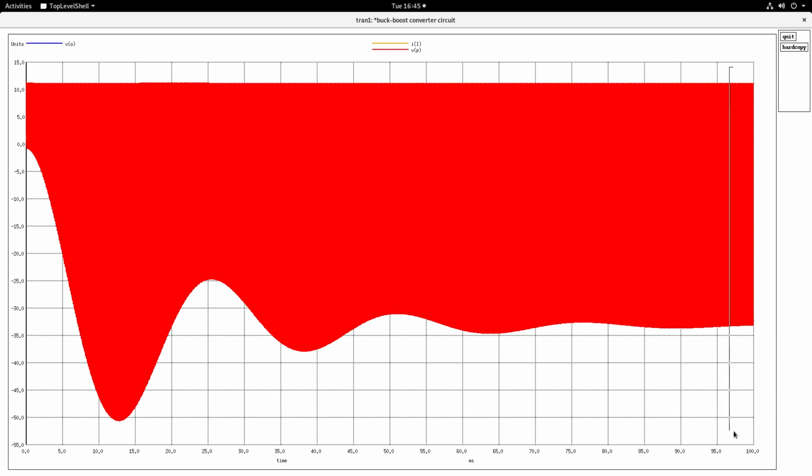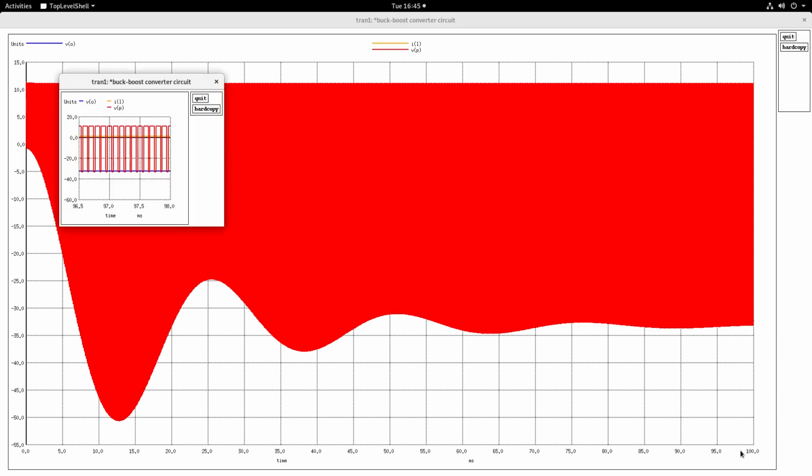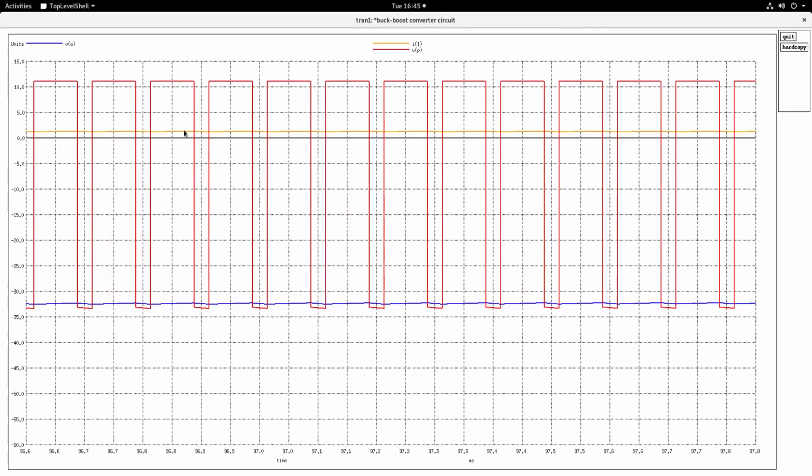Let me take a small portion of that, right click and drag an area, and you will get a zoomed portion of that, and this will give you a much better detail. So observe that output voltage, the blue line here, it is on the negative side. Change the duty cycle, observe the values, observe the various waveforms.